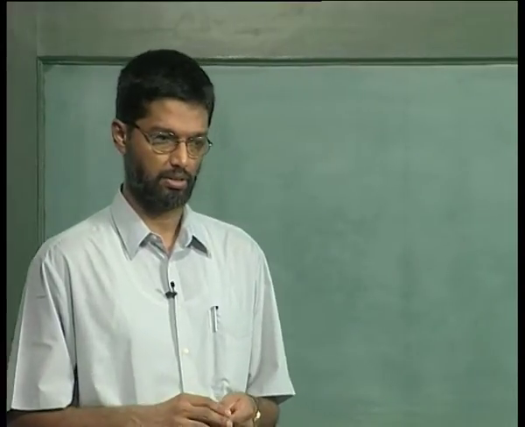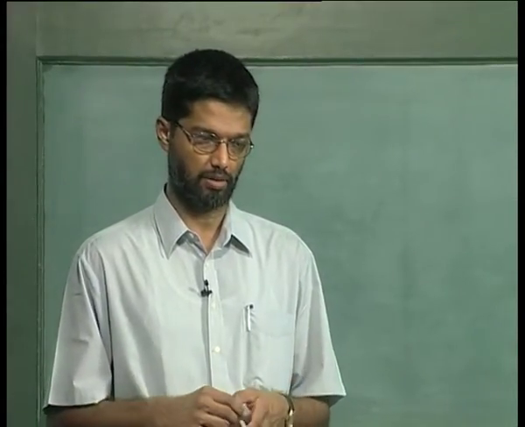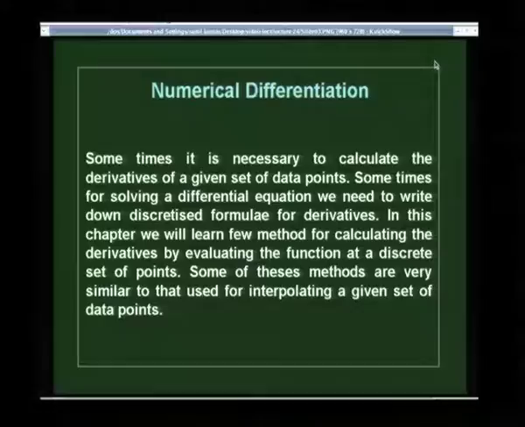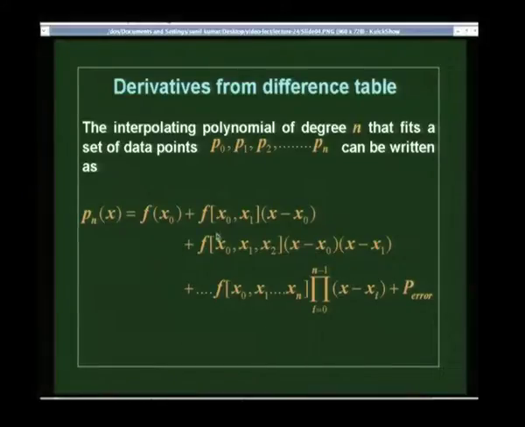So, we will first look at an implementation of this algorithm, and then we will look at other methods of finding the derivatives, like the finite difference scheme, etc. Okay, so this is something which you have looked at in the last few classes. That is, we have a set of points given by x0, x1, etc., and we have the function values at those points, and then we find the polynomial which interpolates that set of data points, a polynomial which goes through all those data points, and that polynomial of order n is defined in this fashion